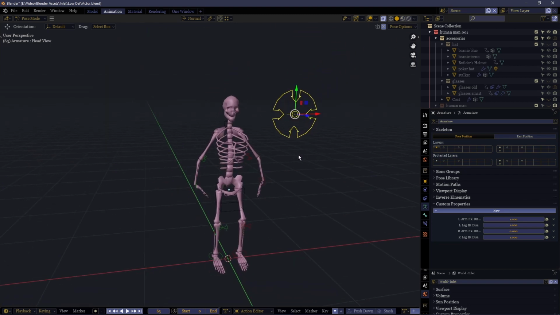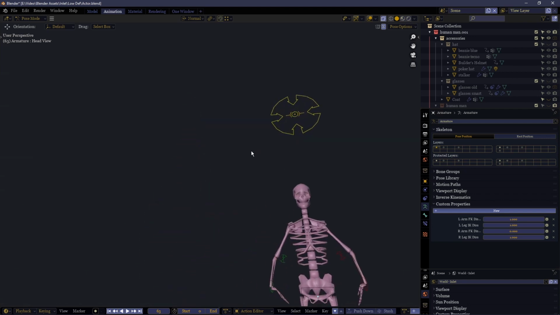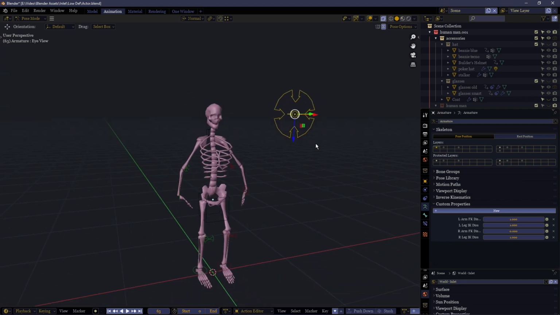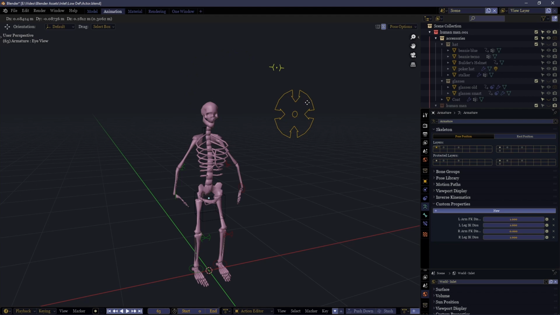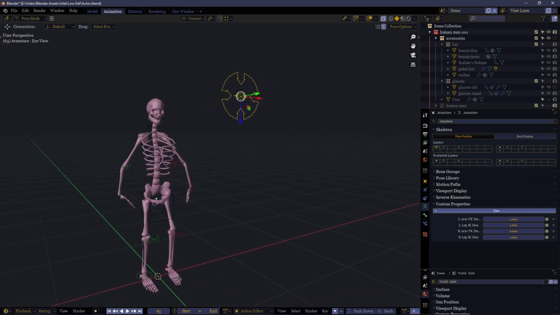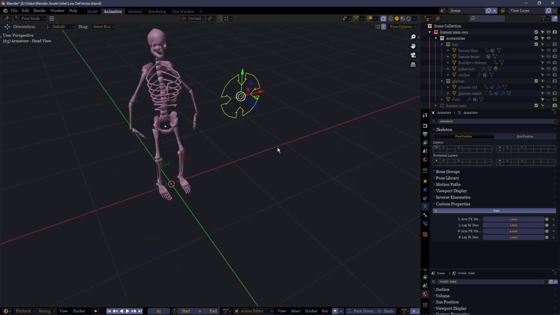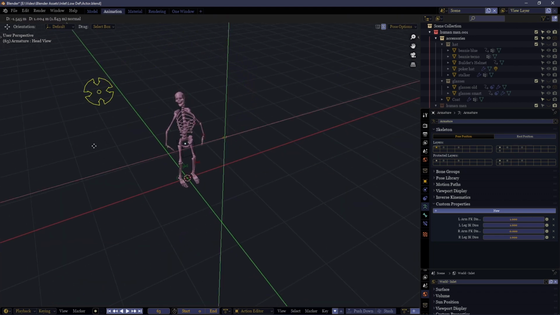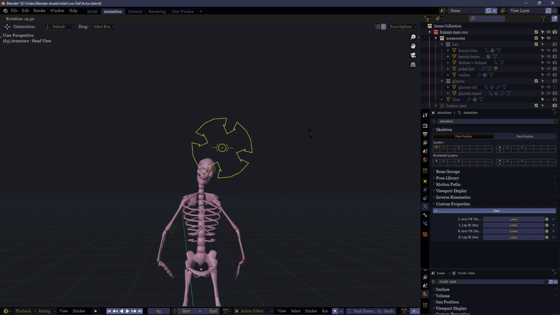Oh, the last part I need to mention. These bones floating out the front here, there's 2 of them. The smaller one here, you won't see anything in this example, because this is actually what the eyes track to. Both of the eyes will track to the central point here of this bone, wherever it moves. Meanwhile, this larger bone here is where the head tracks to. So you can see I can move it all around like this. You can also rotate it, and the head will rotate alongside it.